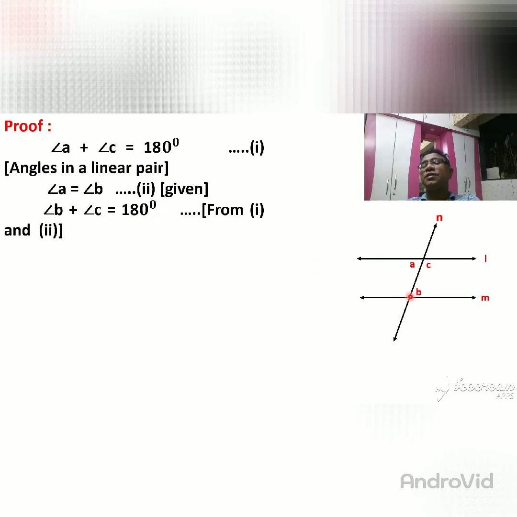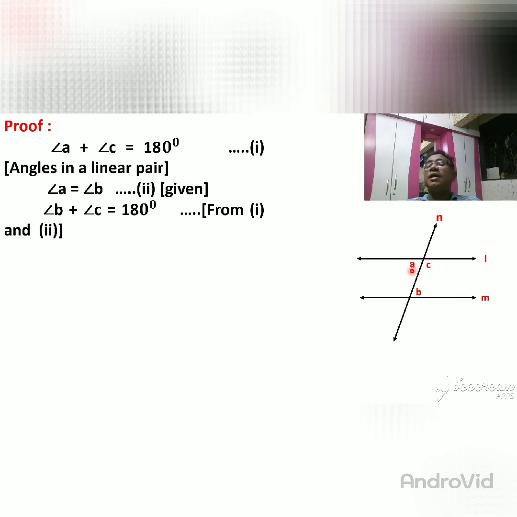See, this is the angle B and this is the angle C. The sum of them is 180 degrees. These two angles are interior angles, and the interior angle sum is 180 degrees. So if they are interior angles with sum 180, then line L and line M are parallel. Very simple statement. Do you understand how I proved that?